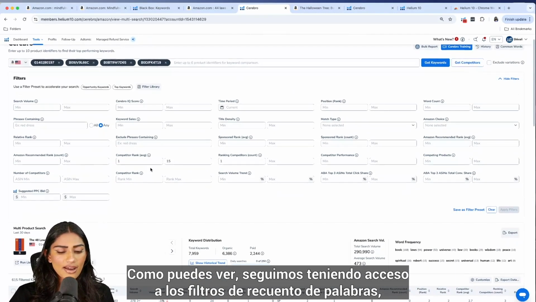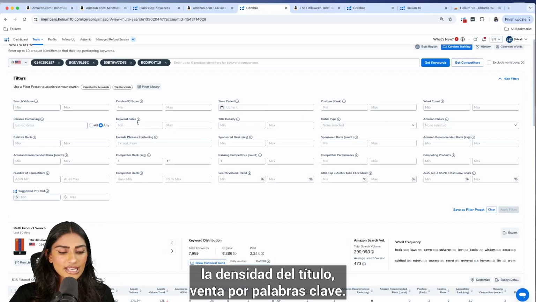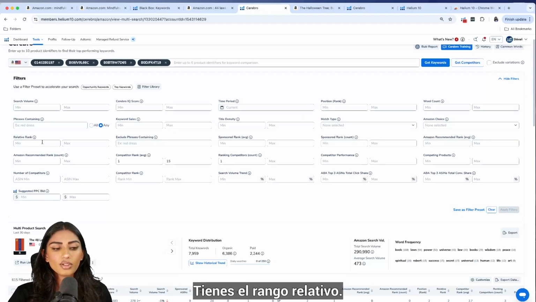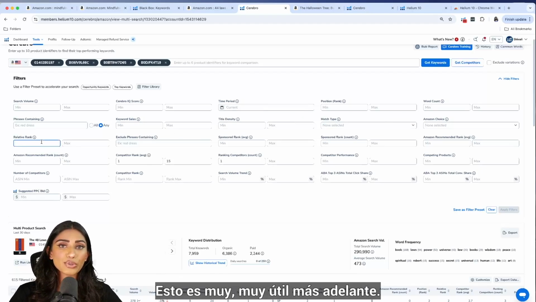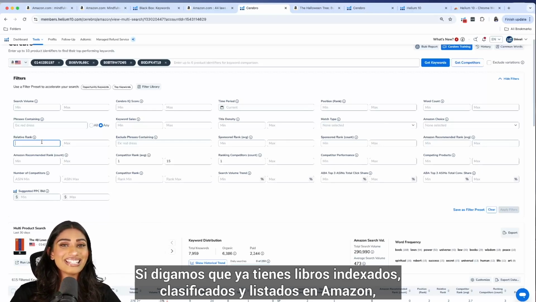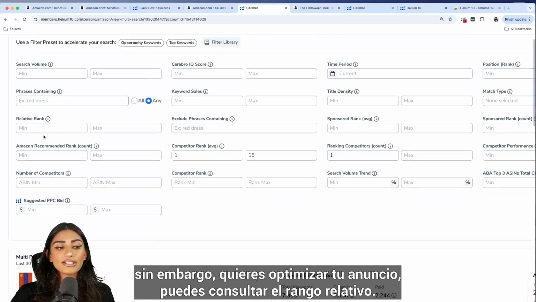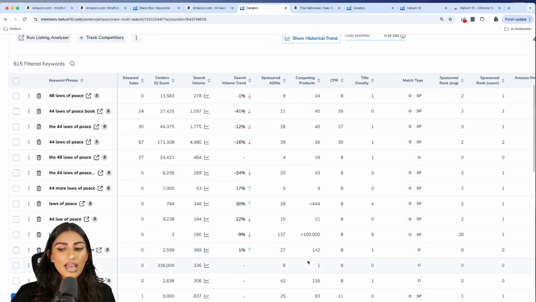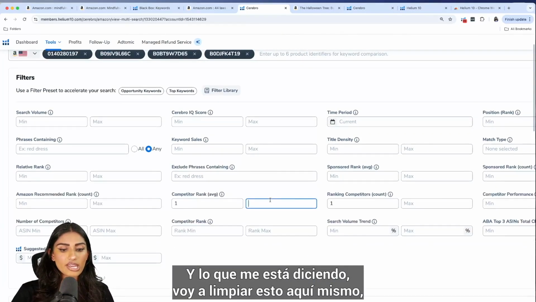As you can see, we still have access to the word count, title density, keyword sales filters. You have relative rank. This is really, really useful later on if, let's say, you already have books indexed and ranking up and listed on Amazon. However, you want to optimize your listing, you can check out relative rank. And what it's telling me, I'm going to clear this out right here,